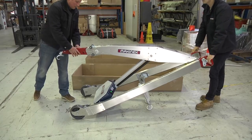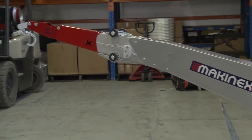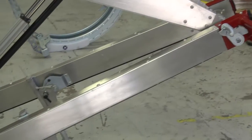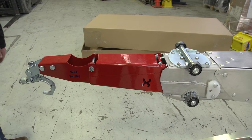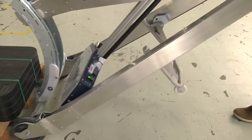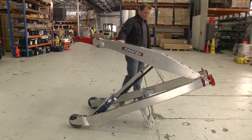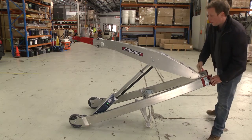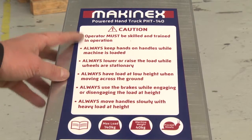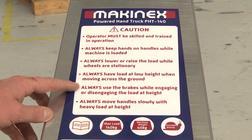The PHT 140 has 3 main sub-assemblies that make up the unit: the jib, the main frame, and the actuator assembly. The jib has the facility to hold a hook and a tilt head, which is used with the forklift and the strap frame. You should always inspect the machine before use to ensure there is no damage to any parts or no obvious rivets or screws missing. Read the stickers and the instruction manual along with this training video to get a full overview of the product